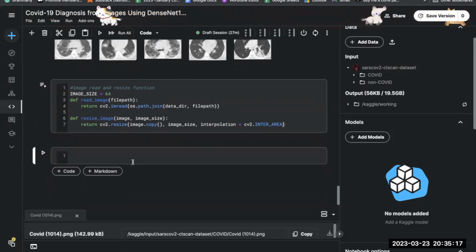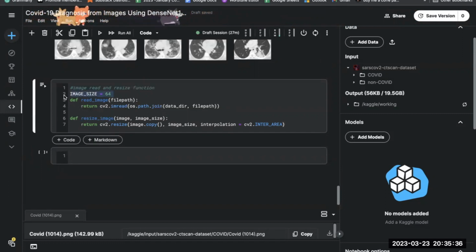All right. So this code snippet defines two utility functions, read image and resize image, that are used for reading and resizing images from the dataset respectively. Now let's break down the code. The first line, image size is equal to 64. This line sets a constant value called image size to 64. This value will be used later to resize images to a fixed size, which is 64 by 64 pixels